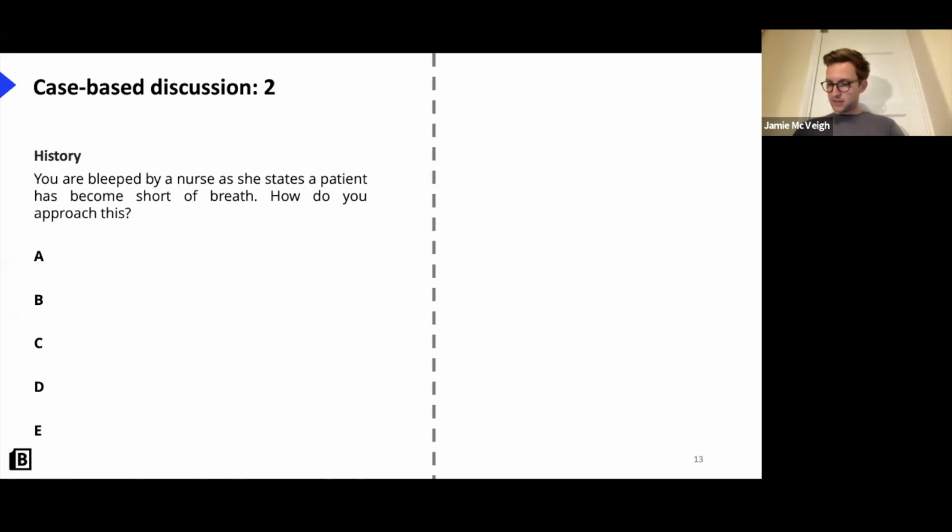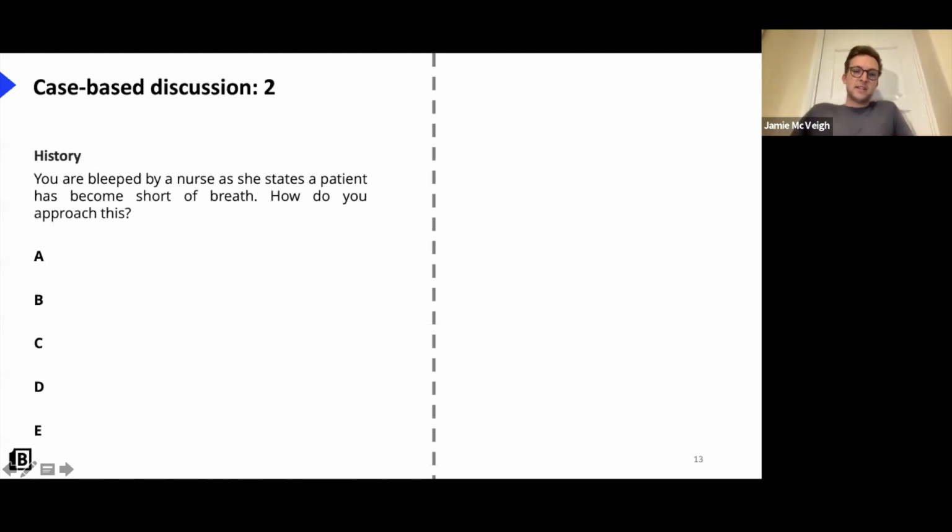So let me just get the second case up. Sorry, I've got it written down on a piece of paper. Okay. So it turns out to be a 70-year-old gentleman who has come into hospital. They were treated a few days before with a UTI, but there's a few social issues, so they haven't managed to get home yet. And now they've